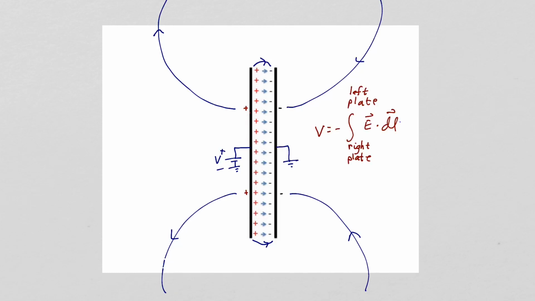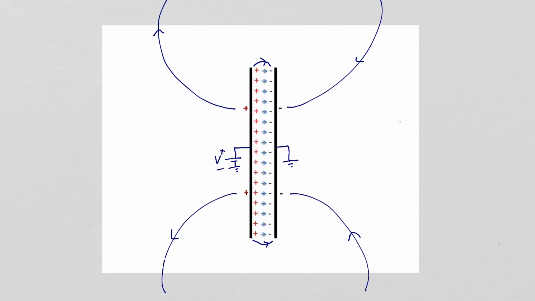When we integrate minus the integral of E dot dl from the right plate to the left plate outside the capacitor, we are traversing a much greater distance, and so the electric field intensity will be much weaker outside the capacitor than inside the capacitor. So for maybe 99% of the charge on the capacitor, the resulting electric field lines are these horizontal lines between